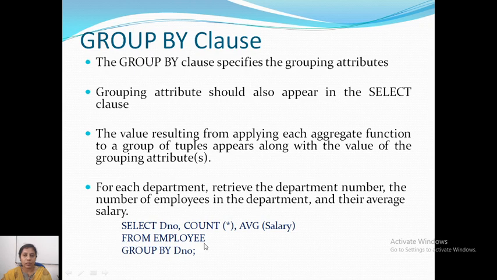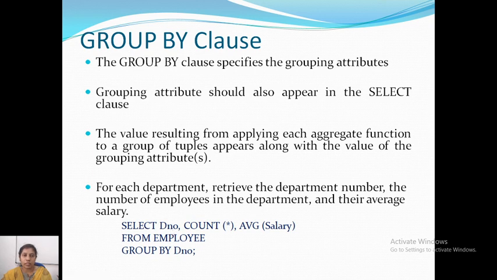Now if I write only this, it will perform the aggregation on the entire table. It will take how many tuples are there in the table and what is the average salary in the entire table. But I need to get it for each department.